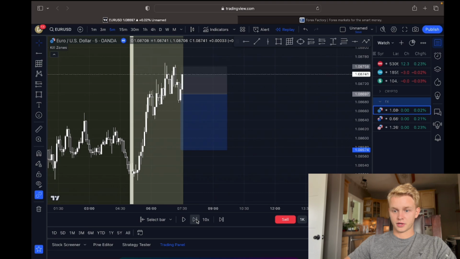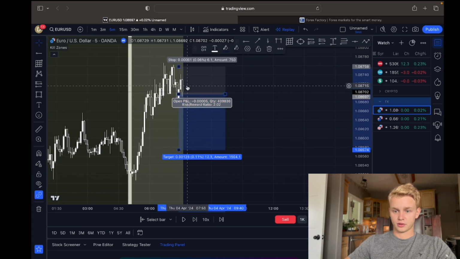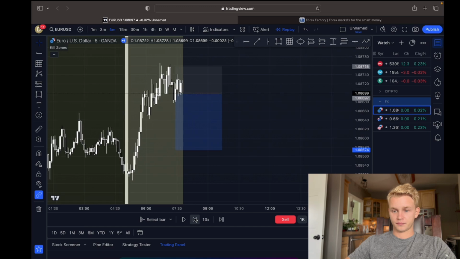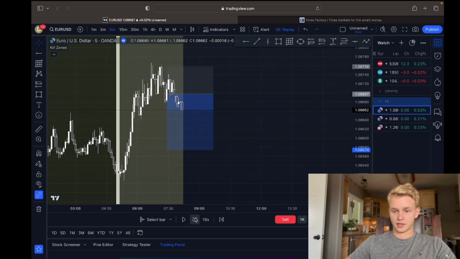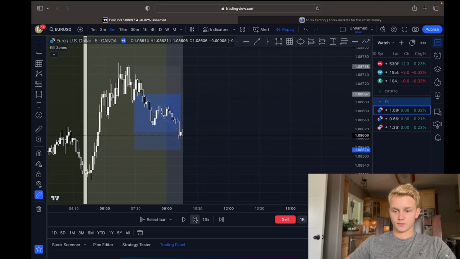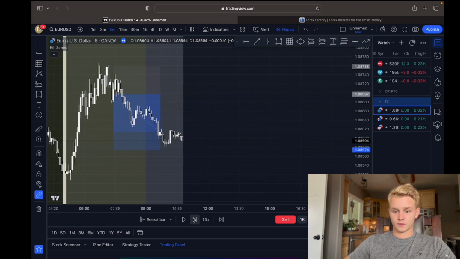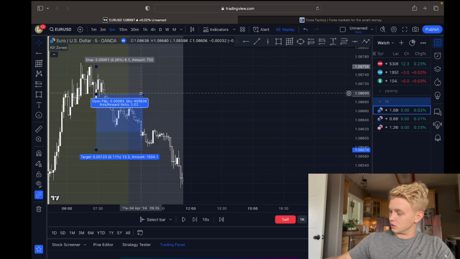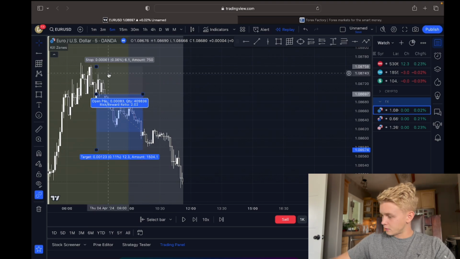So we get tapped in right away. Price comes up and pushes right into the stop loss area, and then take profit 2 gets hit. So April 4th